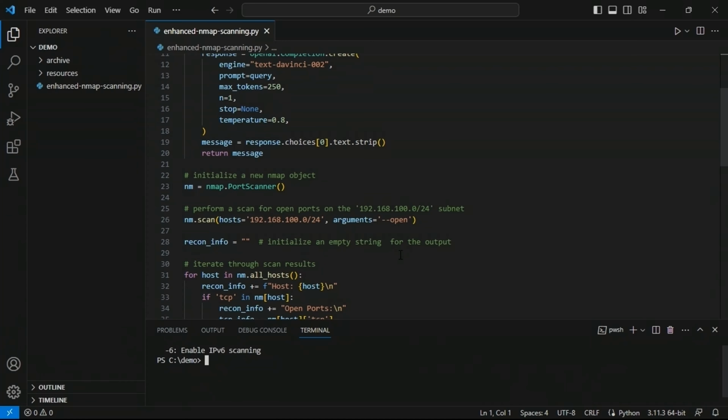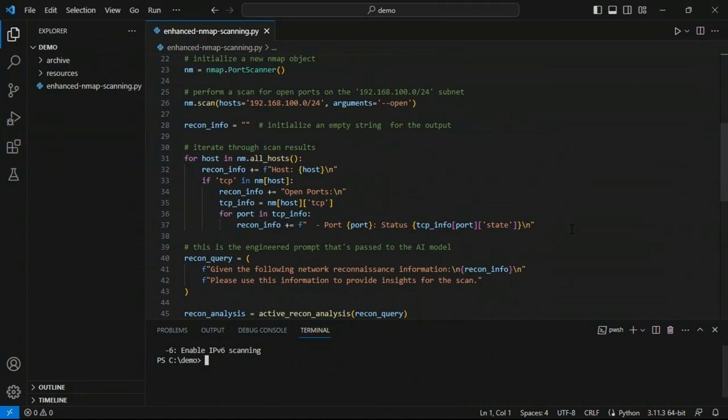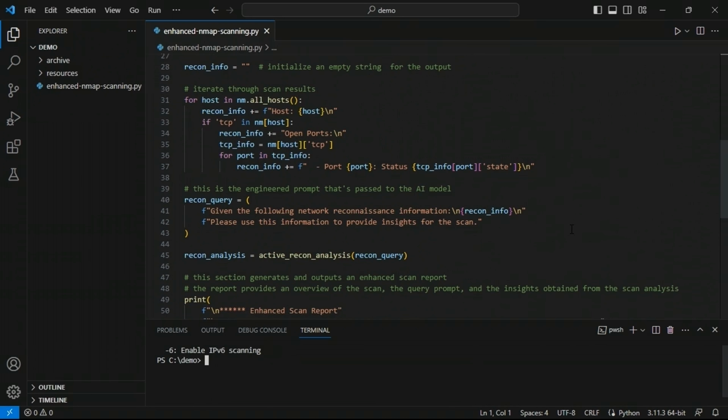Next on line 28, I initialize an empty string for the output. Then from lines 31 down through 37, I'm essentially iterating through the scan results, and I'm selecting the hosts, the open ports, and their status. Next, on line 40, I specify an F string named recon_query. Now this is essentially the engineered prompt that's going to be passed to the AI model when I make the call to